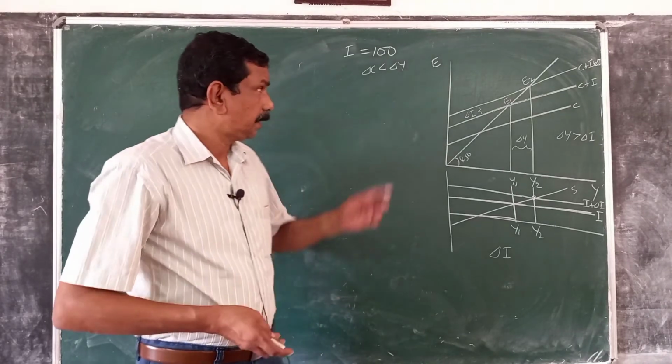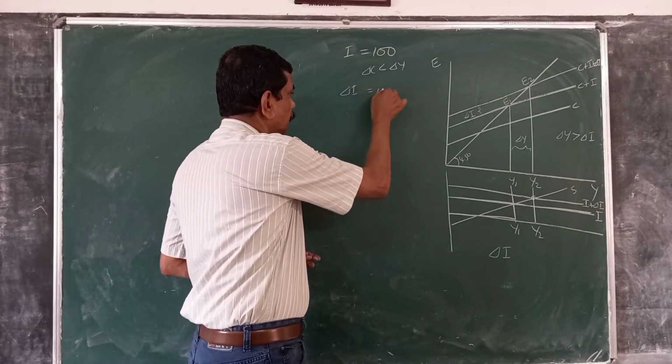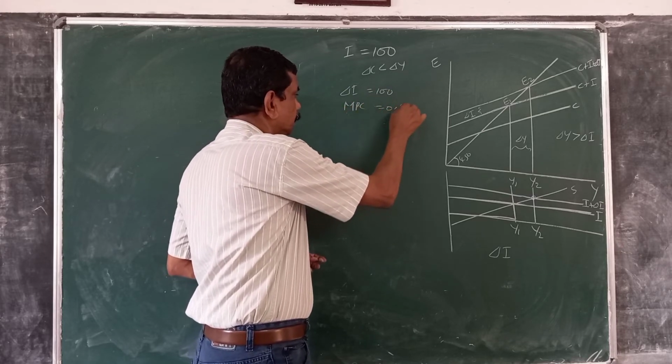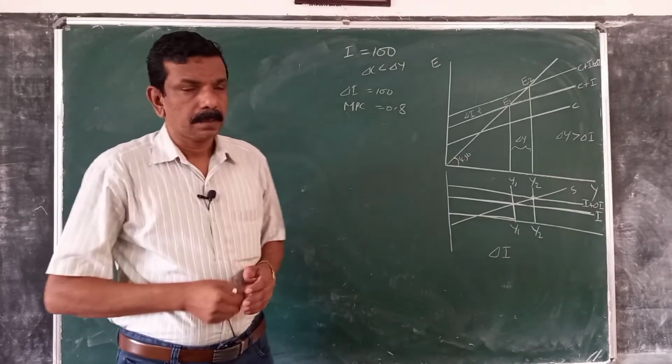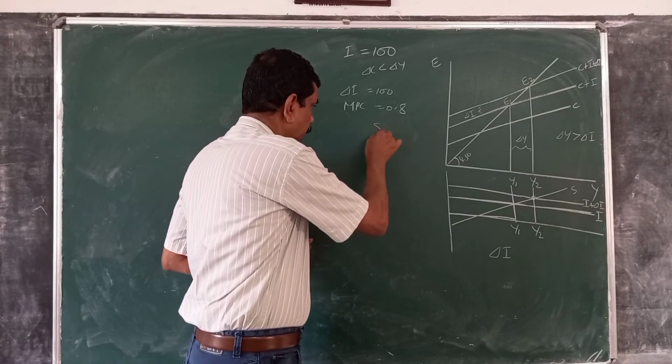Suppose that delta I is 100 and also that MPC is 0.8. There is an additional increase in consumer demand equal to